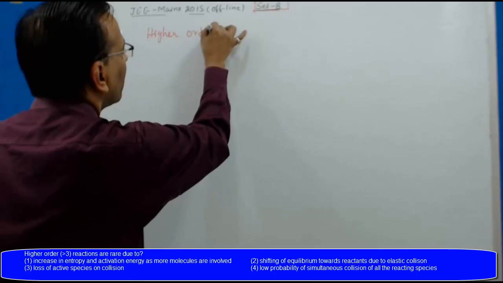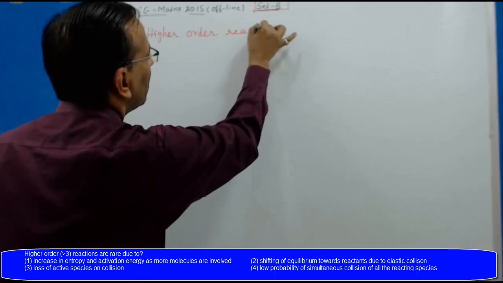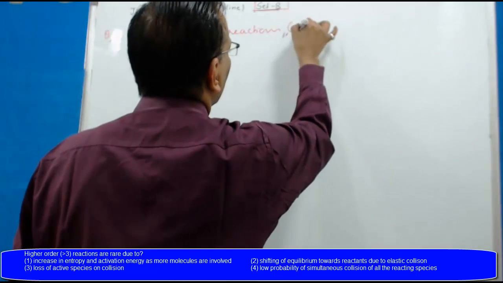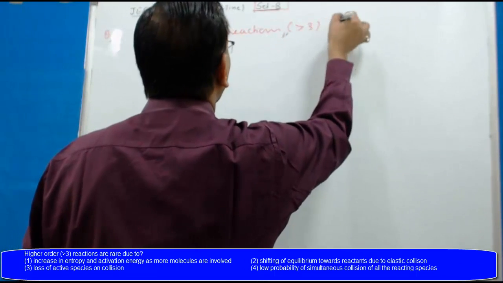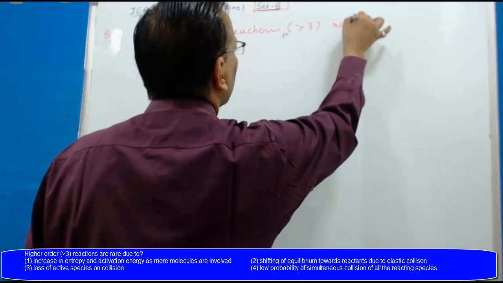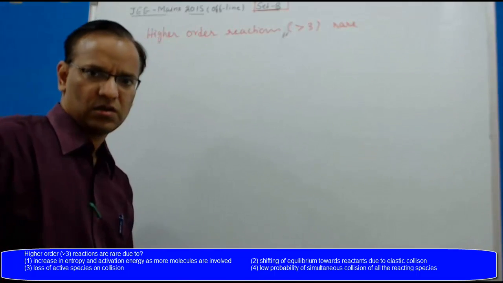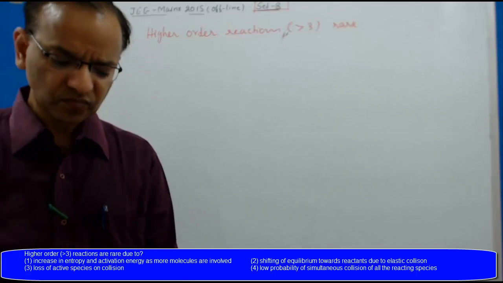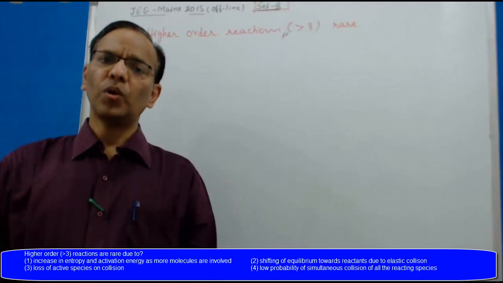Higher order reactions, लिखा है कि greater than 3 रेयर होता है। That is true। क्यों रेयर होता है? क्योंकि